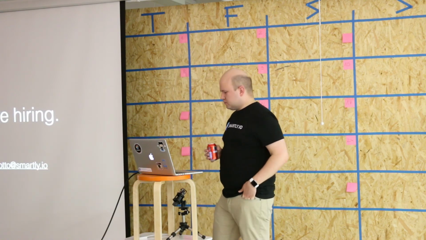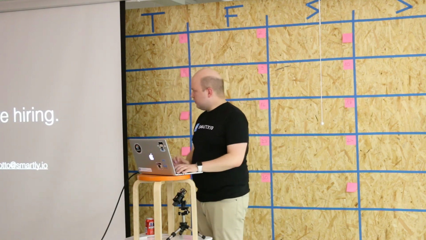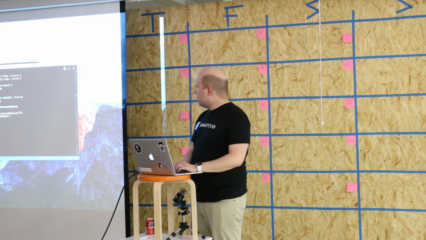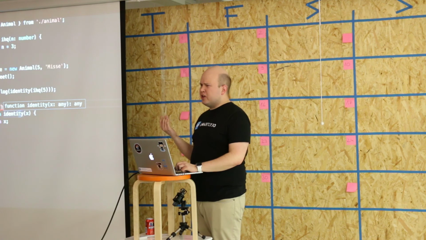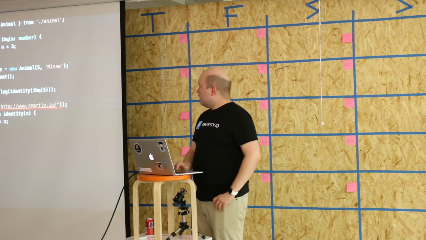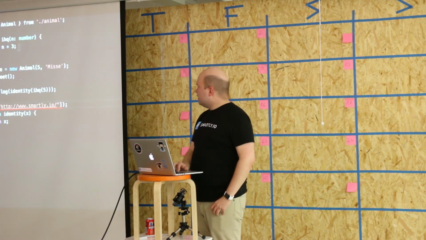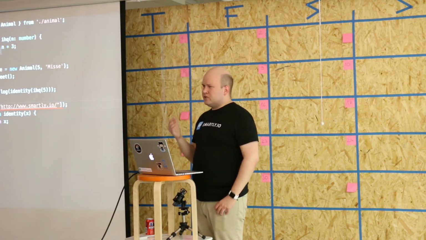Yeah, if you have a look at, for example, the identity function here, it doesn't have any specification. It returns the same thing as you would guess. It just figures out that it takes in any and returns any. I haven't seen that happening in any actual case where you actually have a return statement and it's based on some of the variables.